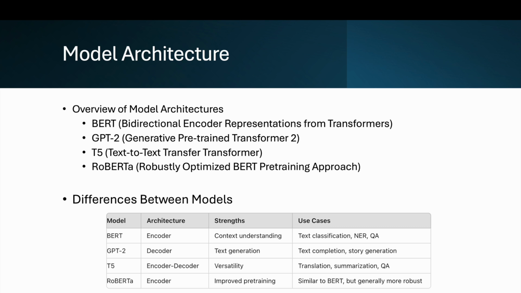Now, to look at differences between these models, here is a comparison of some key aspects of these models. On the left side, you'll see all the models that we have listed. The architecture: BERT uses encoder, GPT-2 uses decoder, T5 uses encoder decoder, and RoBERTa, since it's something like BERT, uses encoder, the same one. Strengths: BERT is used for context understanding, GPT-2 is used for text generation, T5 is used for versatility, and RoBERTa is used for